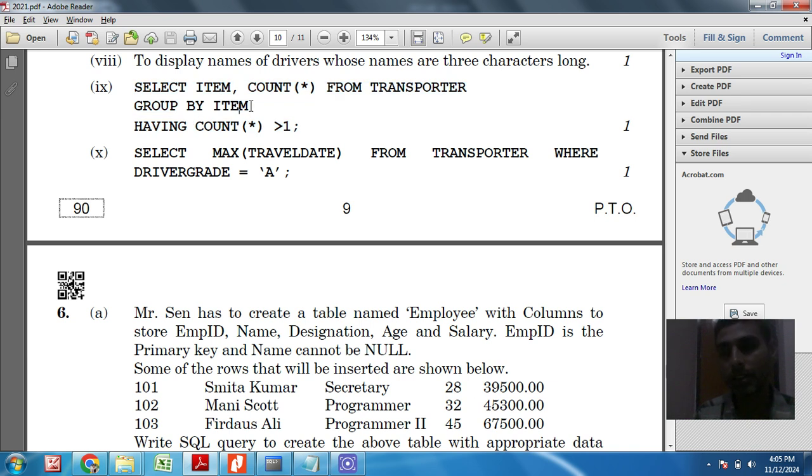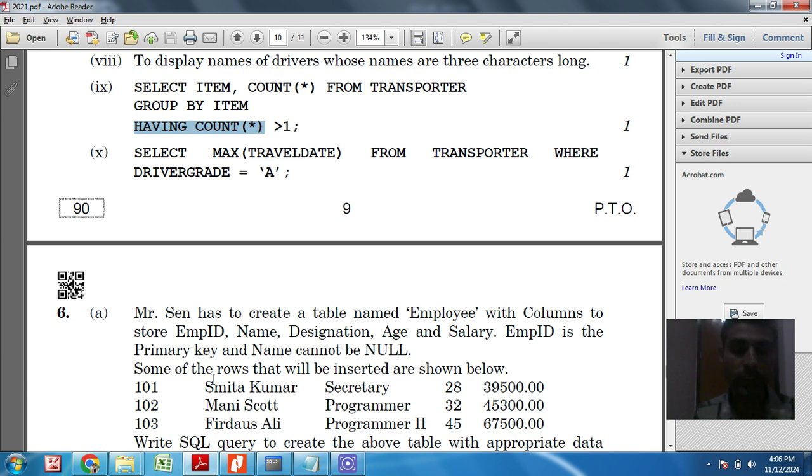I say this rule in each video: whatever column is used in the SELECT clause must also be there with the GROUP BY clause. GROUP BY is used with group functions. We cannot use a group function with the WHERE clause, so we use the HAVING clause with group functions. So the query is correct.